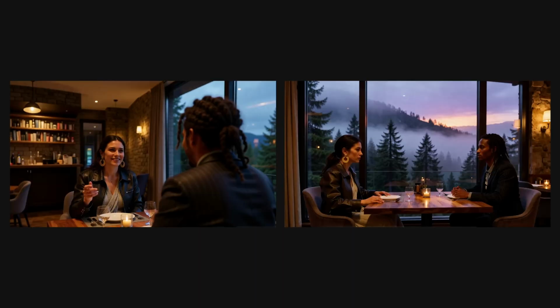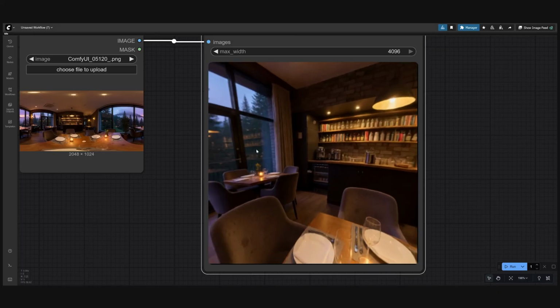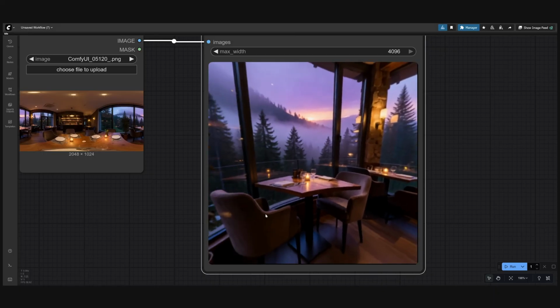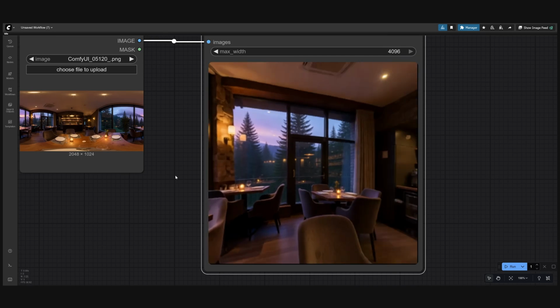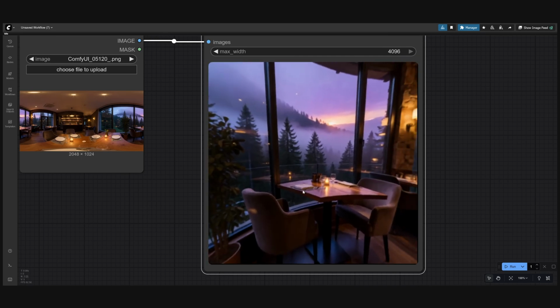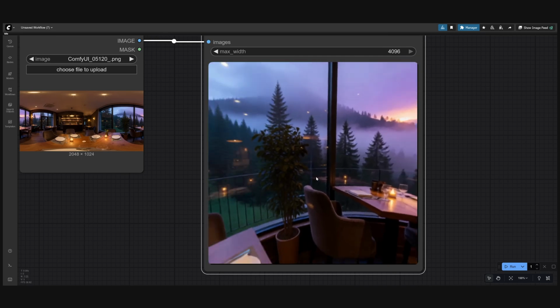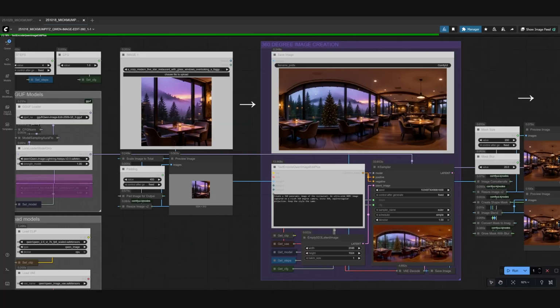But sometimes prompting is not enough. For example, when you want to change the camera angle and keep the background consistent, this can be quite the challenge with Qwen image edit. So my idea was to generate a 360-degree image of the full environment so the model understands the full geometry of the scene. I tried creating such an image with Qwen image edit, but unfortunately the results were not too